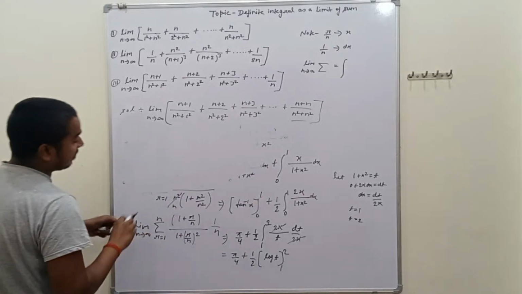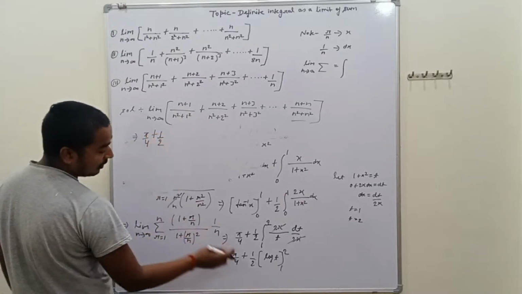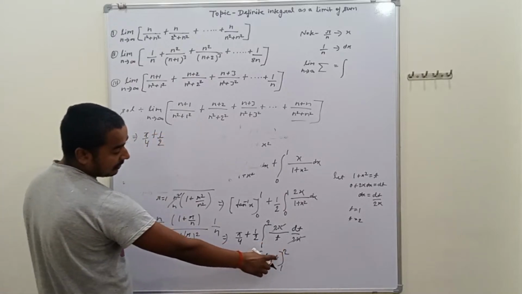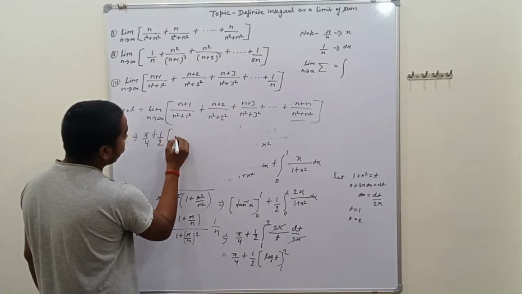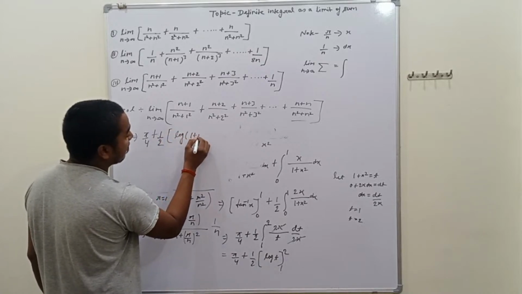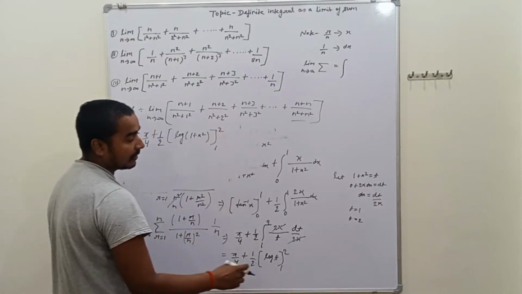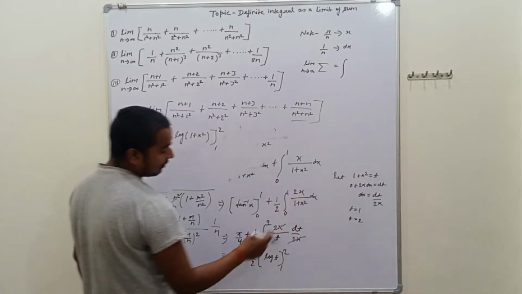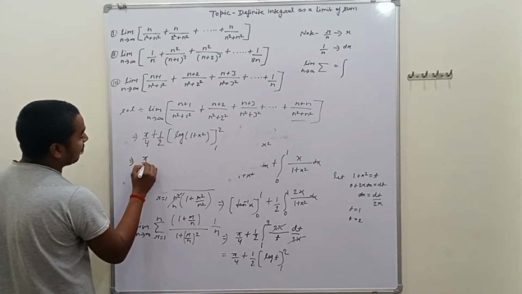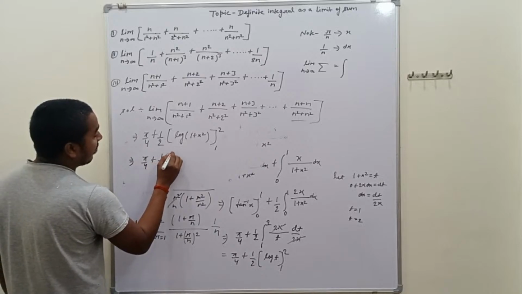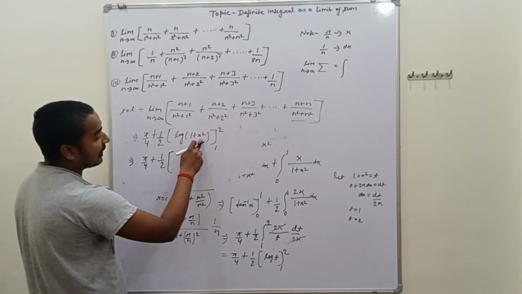Further we have to solve, that is pi by 4 plus 1 by 2, and putting the upper limit, that is in place of t we can also write log of 1 plus x square, and the limit is 1 to 2. We let here 1 plus x square equal to t. When solving the integration, we again put the value of t and further solve, that is pi by 4 plus 1 by 2, and when putting the upper limit, in place of x we have to put 2,